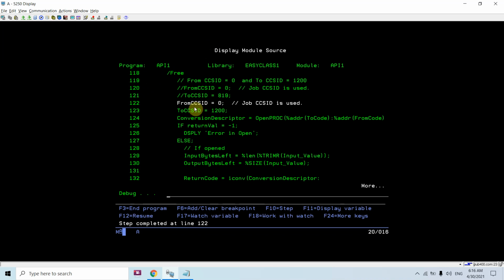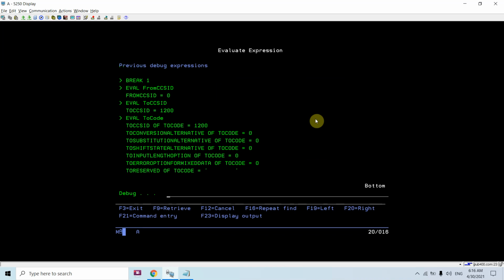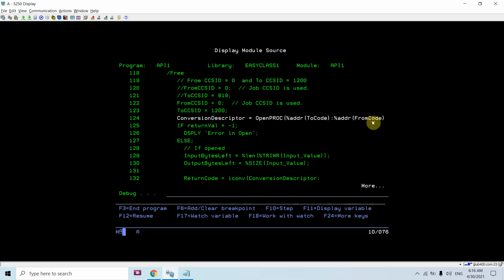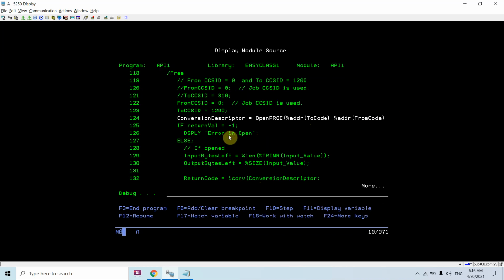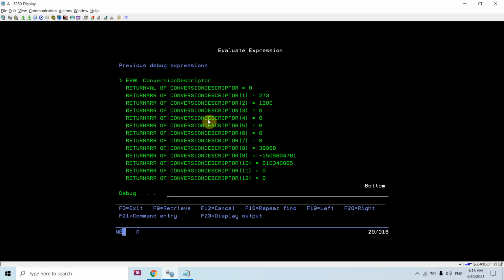Now you can see from CCSID is 0 right now, and to CCSID is 1200. Now we are passing the address of the to code. Now you can see the to code data structure. So we have passed the CCSID only, and everything else is 0, and here the from code is 0. So once it executes, it will open the conversion environment. So let's see the conversion descriptor.